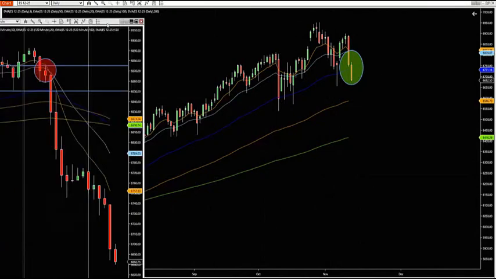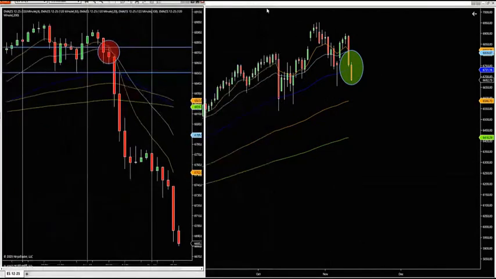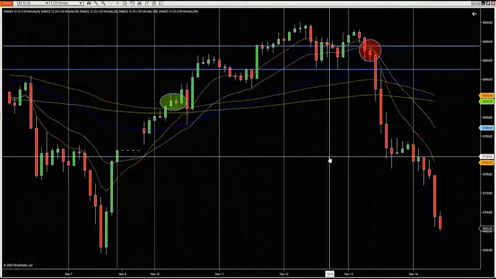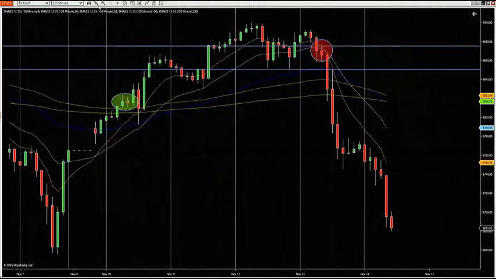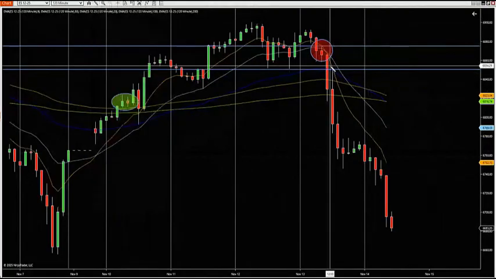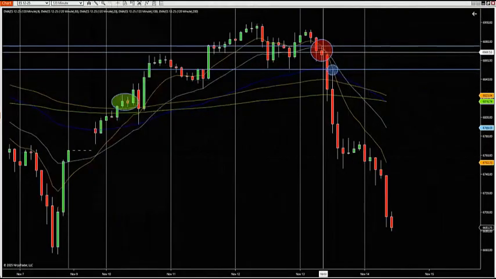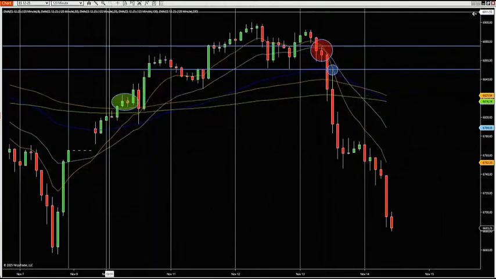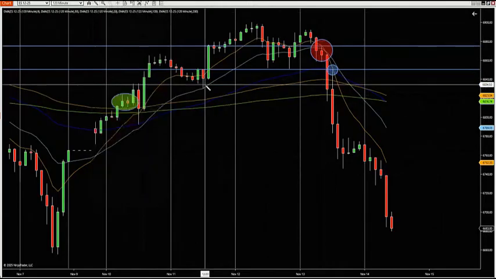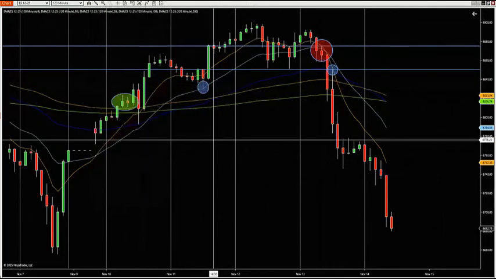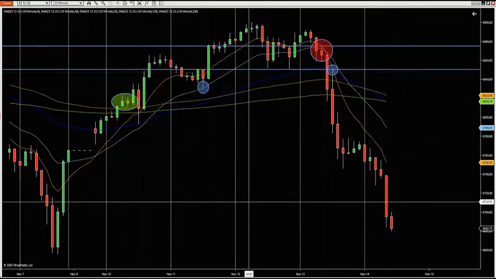A great way to do it is you can use those same MAs, and I'm going to show you right here's where our algorithm picked up two big shorts. So our algorithm picked up two big shorts right here yesterday. It picked it right at that retest, and I'll show you. And it picked up this big short here yesterday too. And it picked up these big longs. It picked up a big long here. My algorithm caught this retest long off of the 20 MA, and we had a big move to the upside too. So I'm going to show you what you can do by just taking a quick look at the market